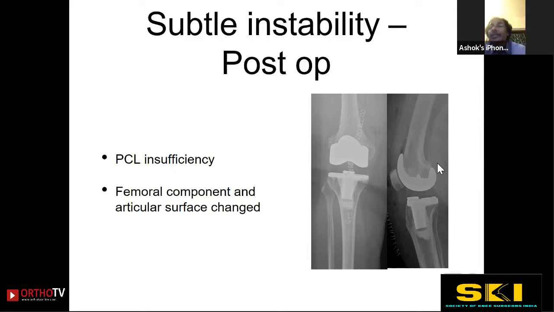Okay, so that's a great question. Now, the issue really is, in a way, somewhat historical, because some of the earlier designs had limited sizes of the femoral component. So when you were between two sizes and you were a CR surgeon, you tended basically to upsize the femur, and if you were a PS surgeon, you tended to downsize the femur because of the cam and post. With the advent of